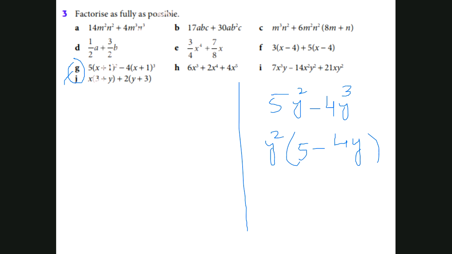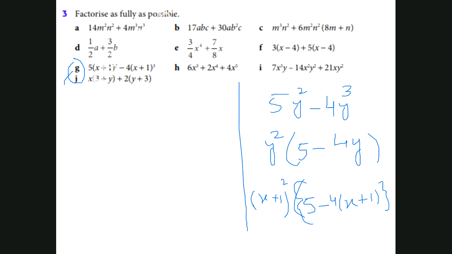It becomes very simple, and you know y is equal to what? x plus 1. So I can return the value again. So it becomes x plus 1 whole square, and again 5 minus 4, and in place of y again you can return the value, that is x plus 1. You can put this bracket different one. So this is how you can make the simple question.